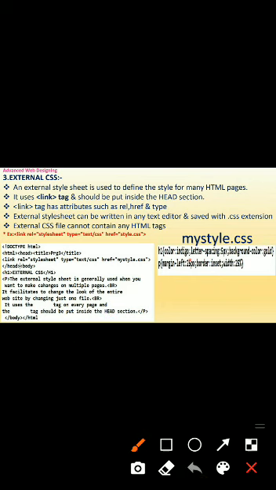Next, here I use the second program, mystyle.css. This program is written in any text editor, meaning Notepad or WordPad, whatever you want to type this program in. Here I give the style sheet.